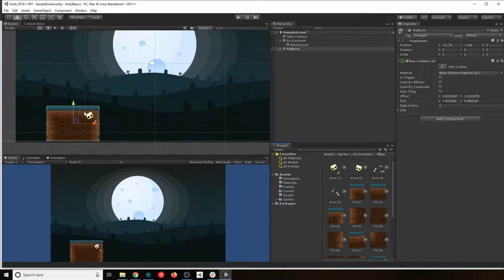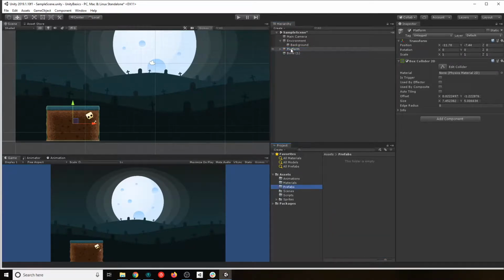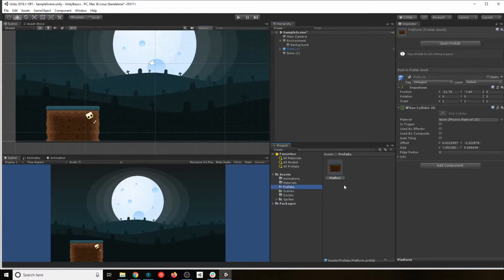Probably not because of the little detail, but most of the time it will be. So in this case, what we could do is leave that thing outside, right? It's part of our platform, but it's not really. And that platform, we are just going to drag and drop it into our prefabs folder.